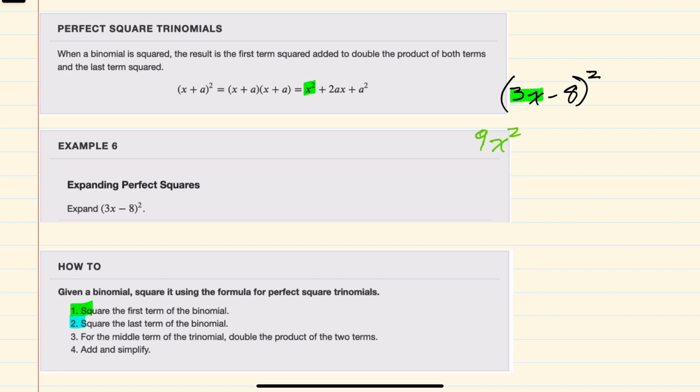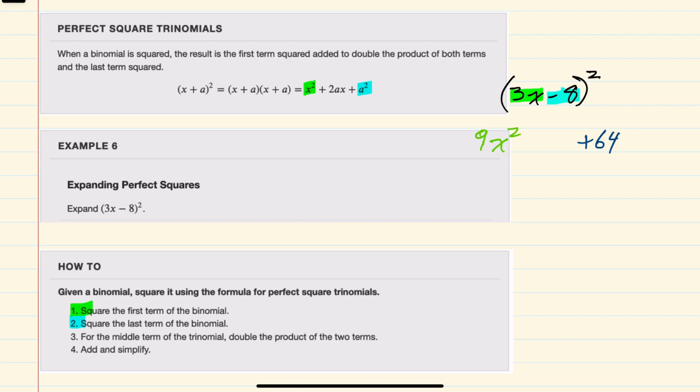And then the second step says to square the last term, which again, we can see from the formula. Here, our last term is this minus 8. And if we square a minus 8, we would get a plus 64. So I'll write that here. That's our plus 64. We've done the second step, and you can see I left some space in the middle